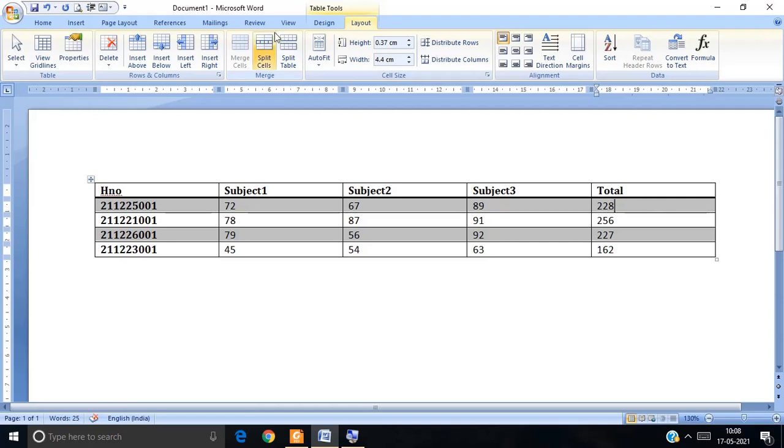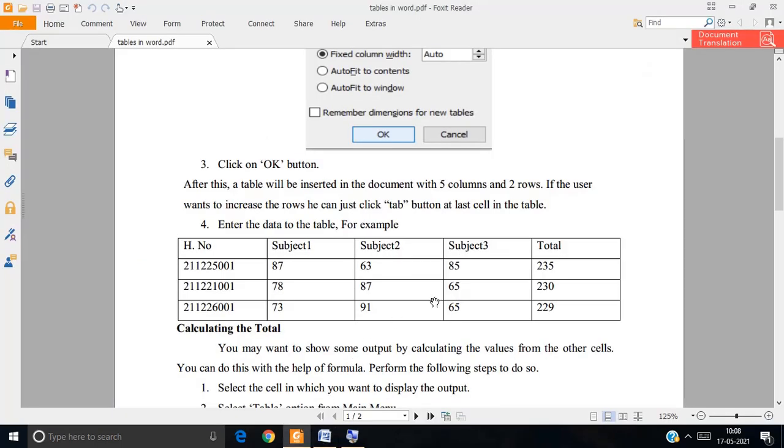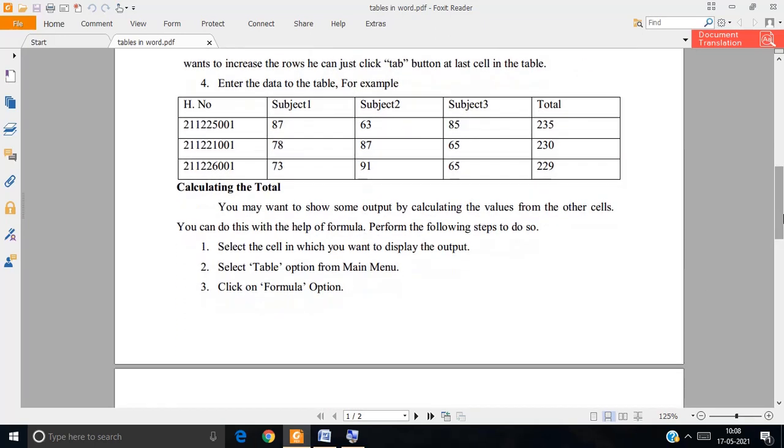Okay, and then next, if you want to split the cells which have already been given in your documentation, observe here. So it is about calculating the total, just now we discussed this.